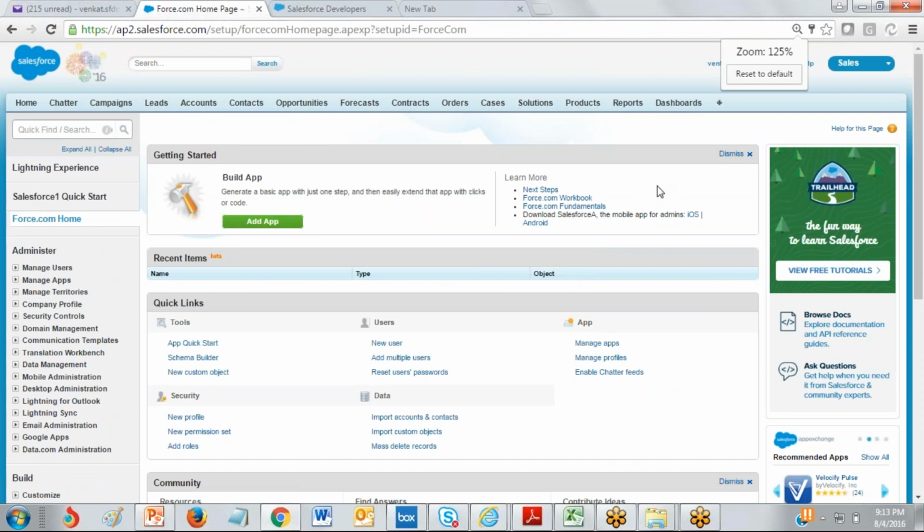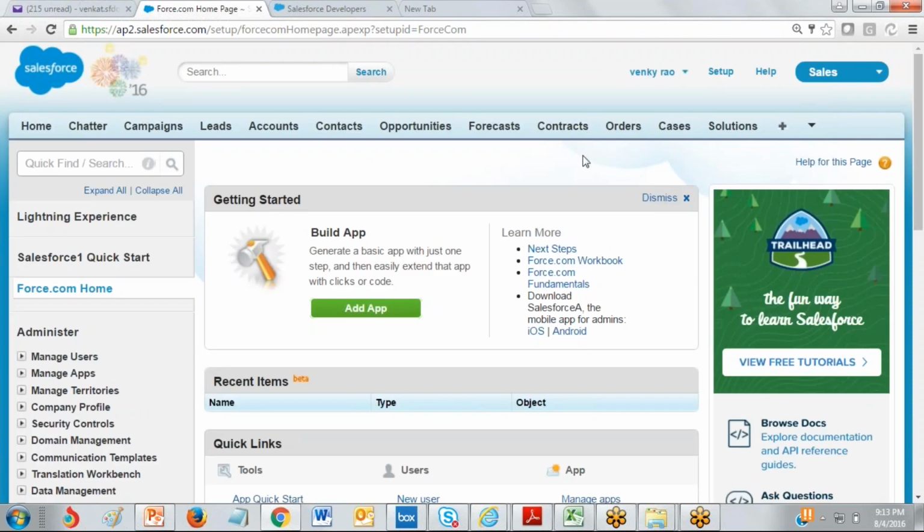Now the account is created and I have logged in to the salesforce.com application through the internet. All salesforce.com applications can be used through the browser only, because it's an internet based application. This is the default salesforce.com application you are seeing now. Mainly, the salesforce.com application is implemented for CRM business.